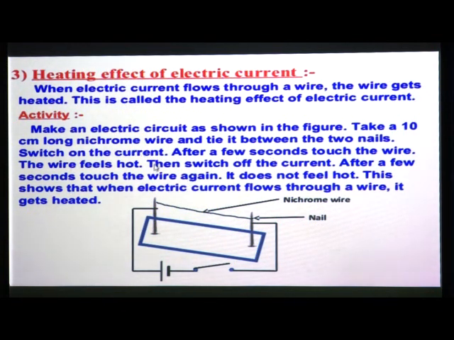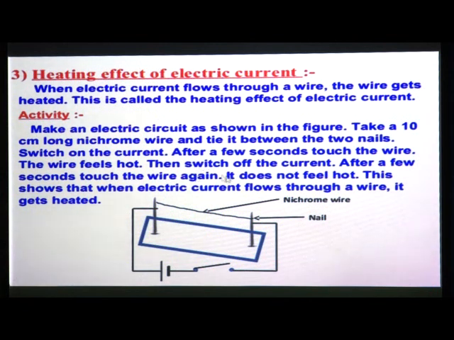Then after a few moments, switch on the current. Then what do we have to do? Switch on the current. In this figure you can see here is a switch, and is this switch on or off? Correct. So this switch is not on, this is off, because this end of this symbol is not connected with this point. Because of that, the switch is not on, that is the off position.